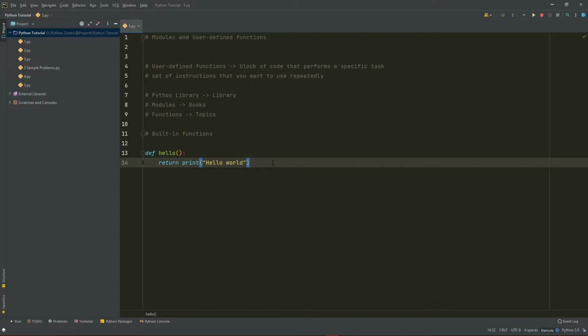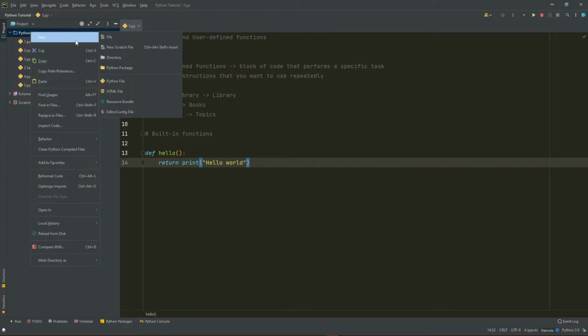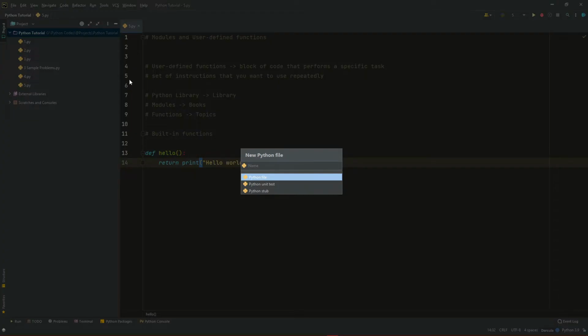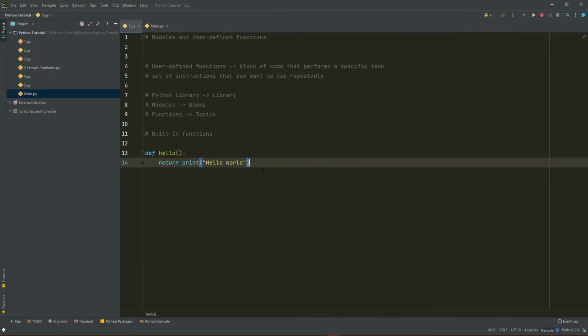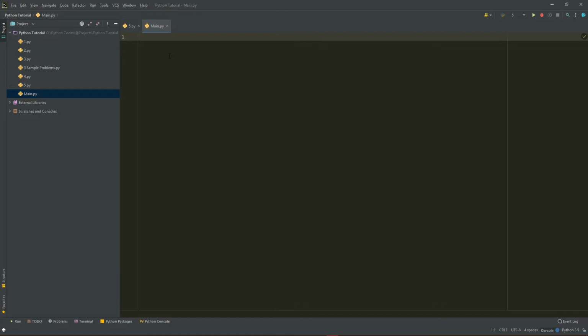Okay, and we can actually use this in another py file, and let me just show you how to do that. So we're going to create a new file here. So let's just say this is the main file, right? Now you basically import a module first before you use it. Okay, that is the standard of a module. So you do this by